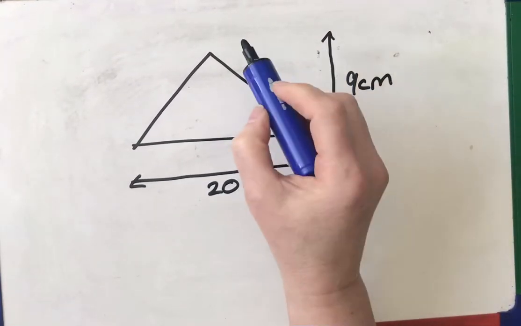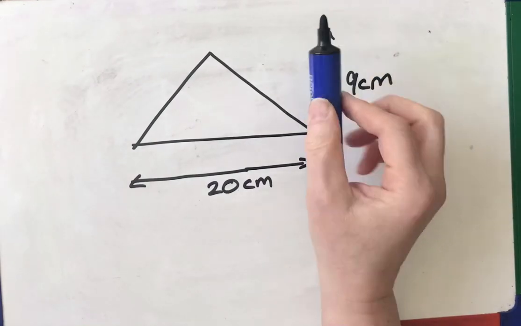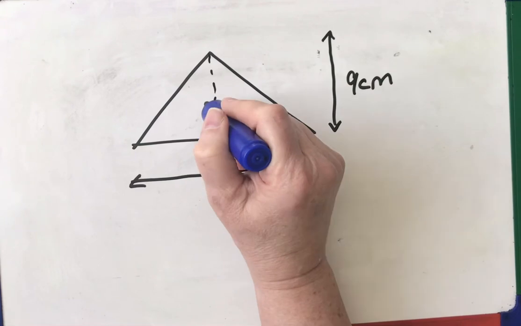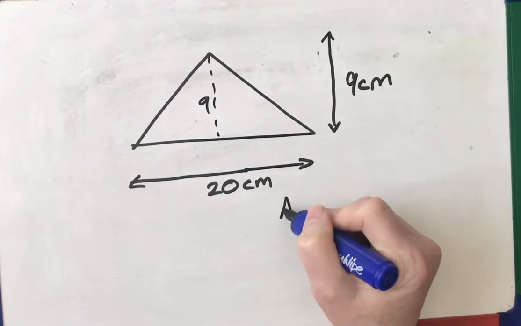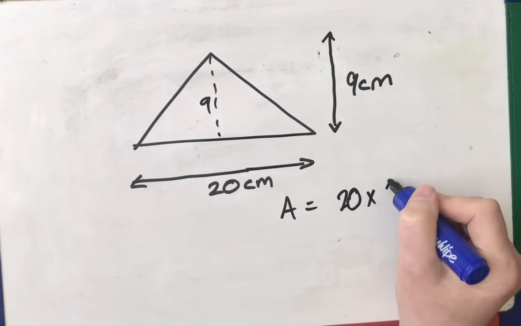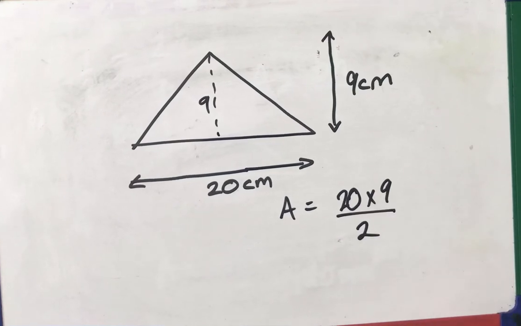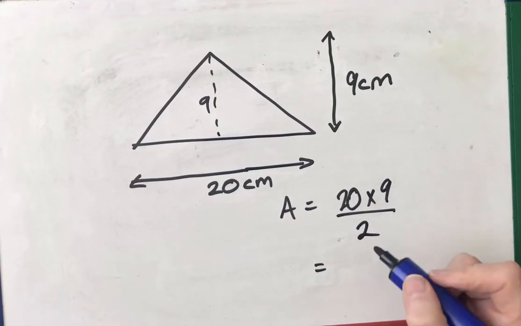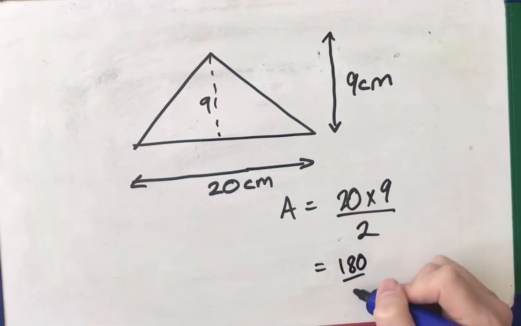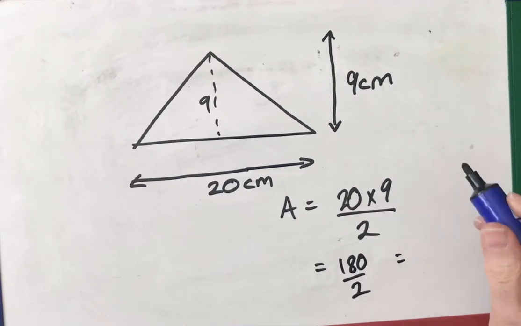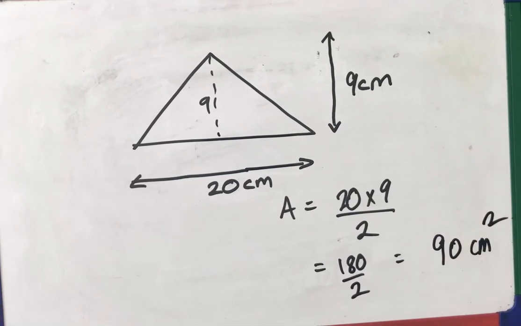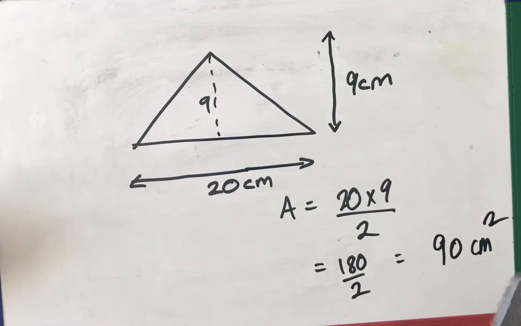Well, the height, if it's on the outside like that, it still means you just parallel line across. It means that is 9. So the area is base times height divided by 2. Well, 20 times 9, times tables, 2 9s are 18, times 10 is 180, divided by 2, which is 90 centimetres squared. Okay, I'm going to do a couple for you to have a go at yourself, and so make